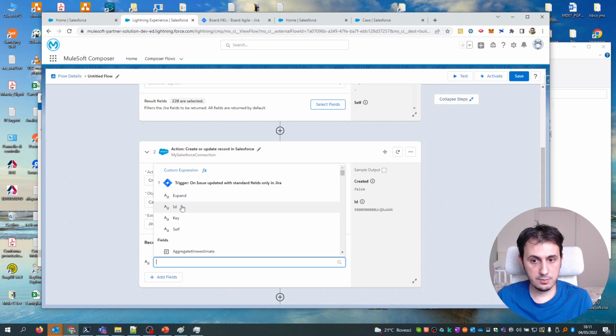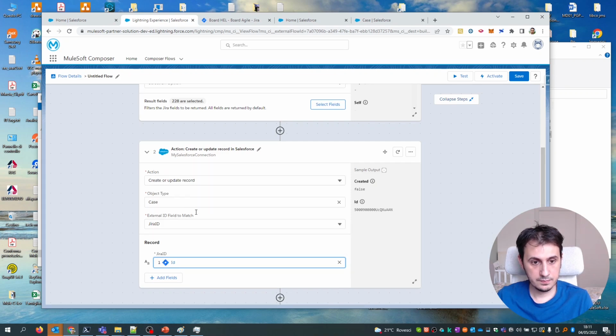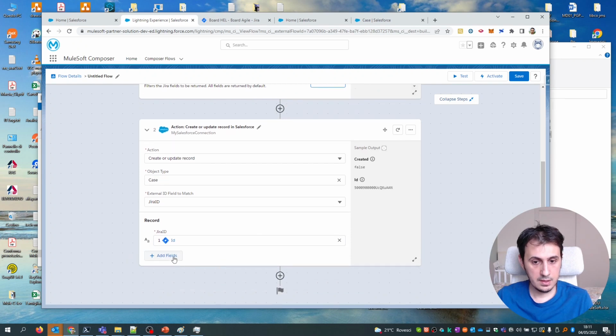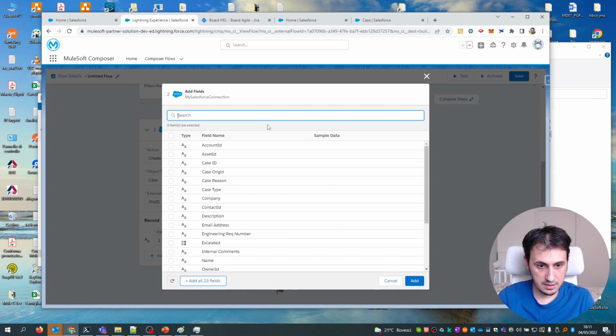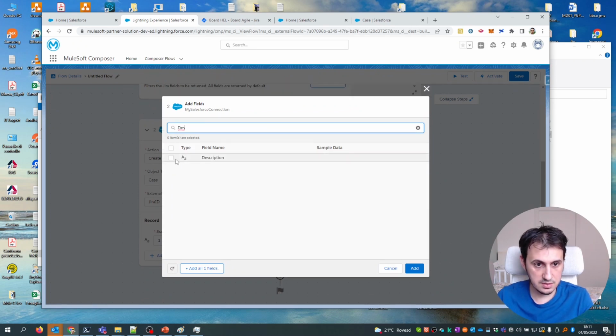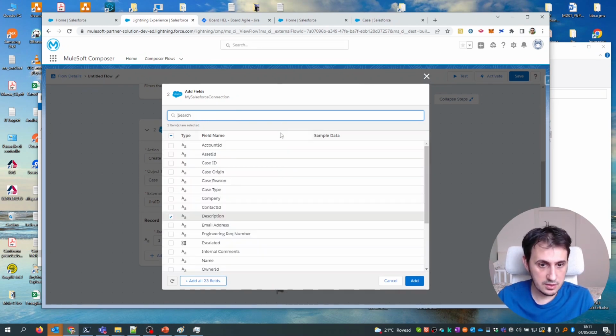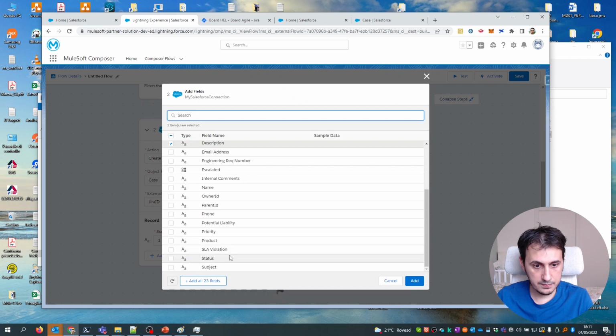So for me, I think ID is the correct field. Okay. Let's map some other fields. At the moment, I want just the description and summary. The description, I want also the status, and I want also the subject.